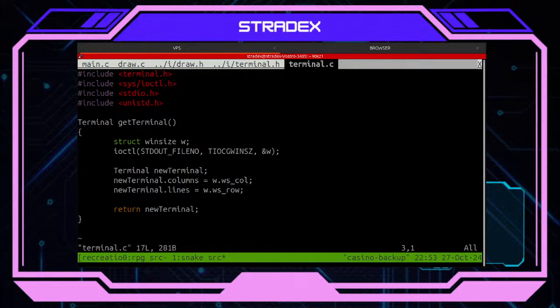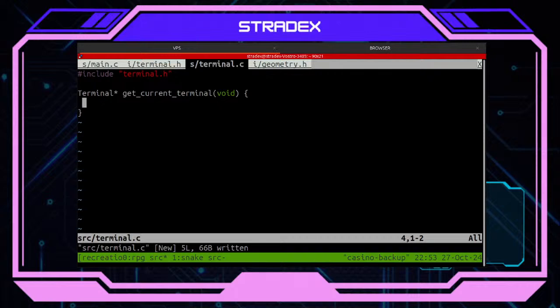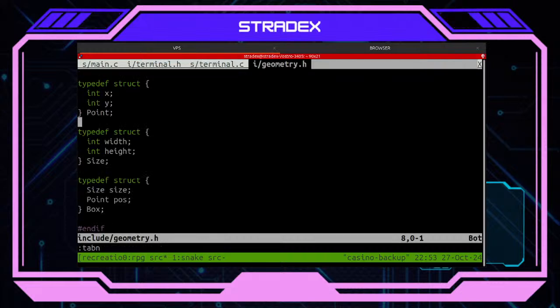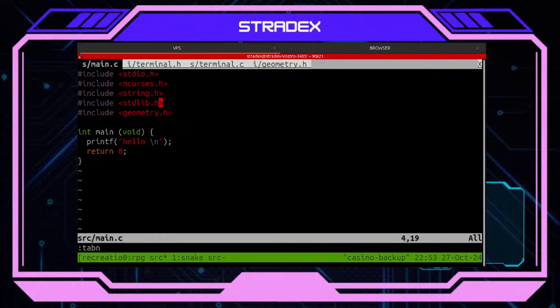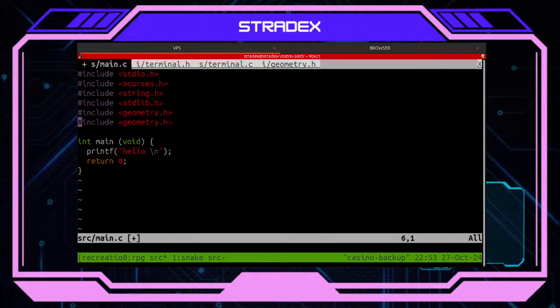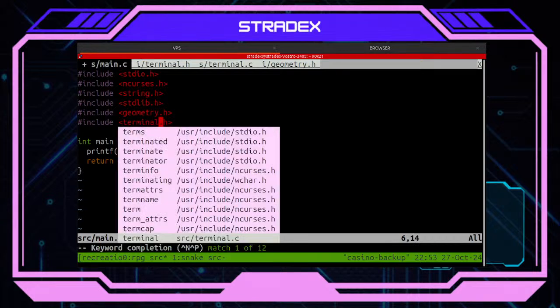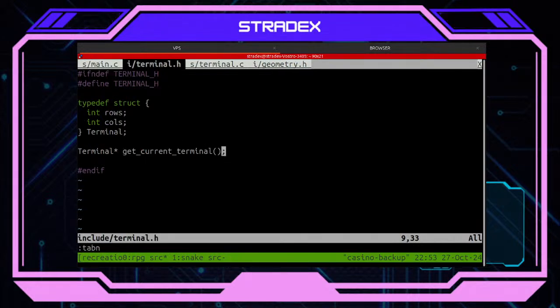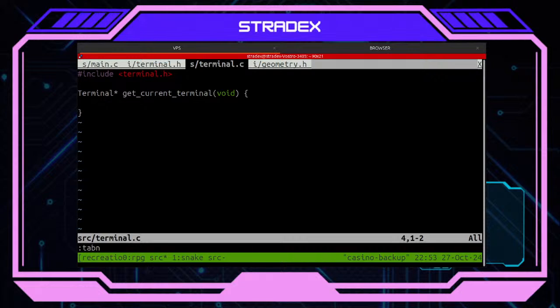Okay, I want to include, I don't think it will make any difference, but get current terminal, get current terminal.